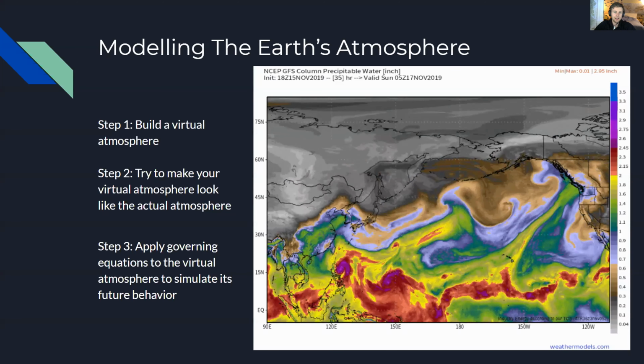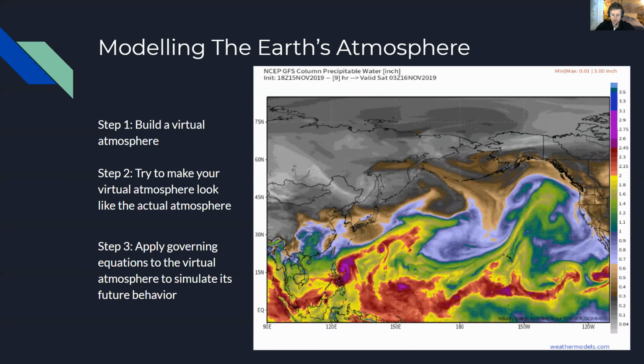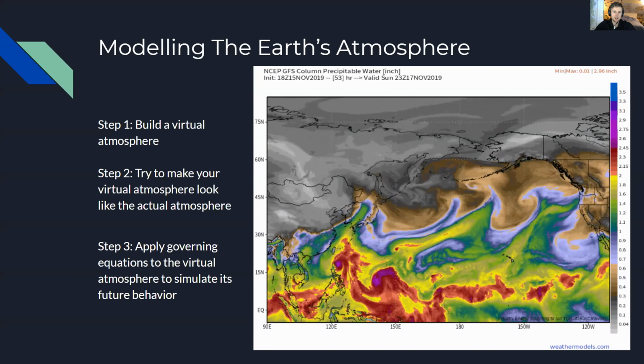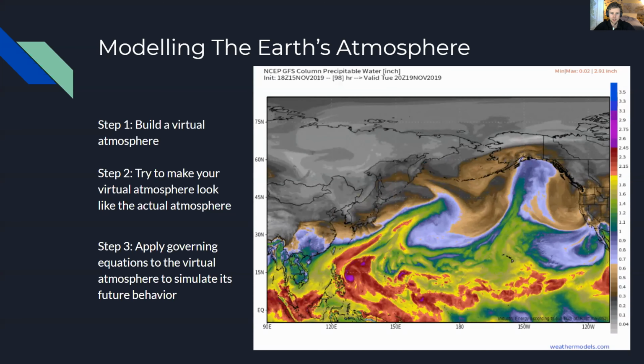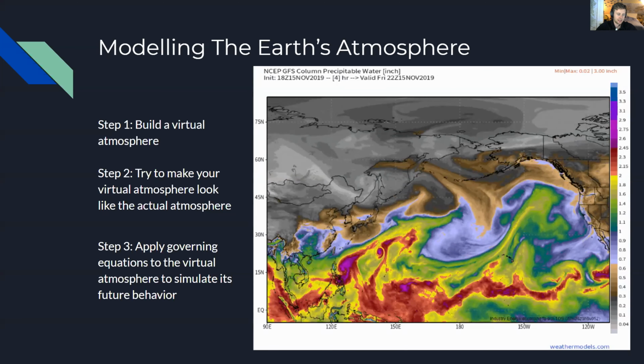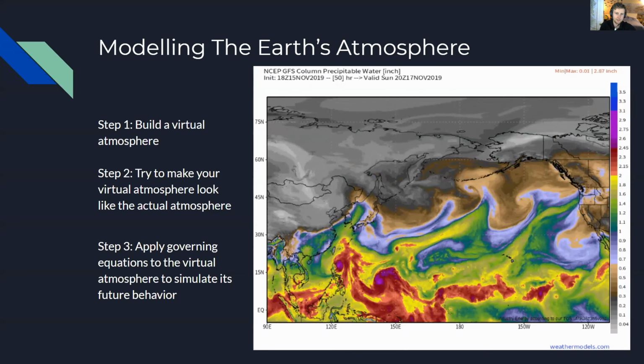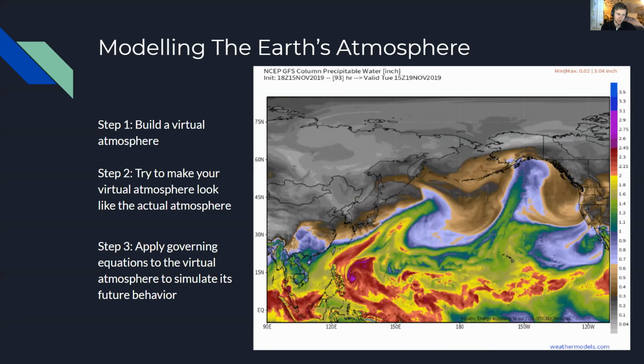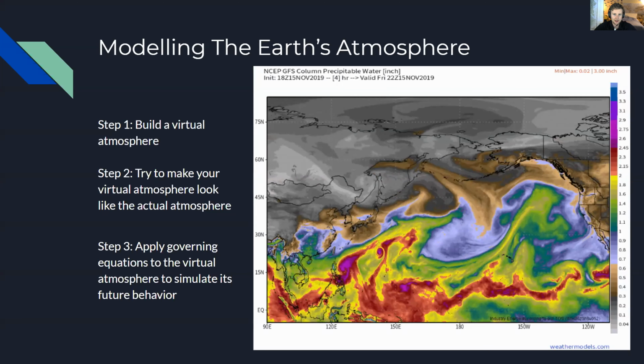What exactly is happening in the atmosphere right now is something that we don't really know on a specific level. We know on a general level where it's hot, where it's cold, where there's a lot of moisture, where there's less moisture. But even if you think about some disturbances to the atmosphere,